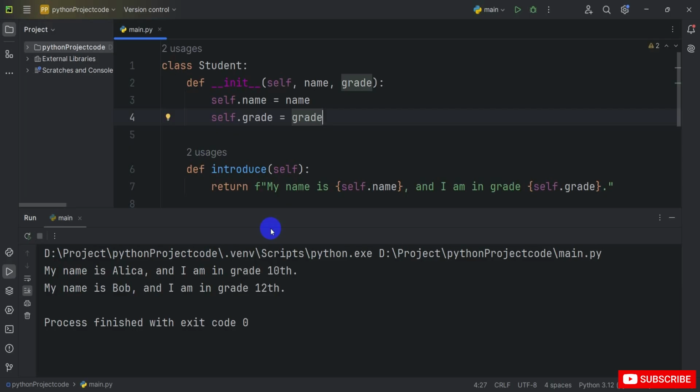You can see here the output shows my name is Alice and I am in grade 10, followed by my name is Bob and I am in grade 12. That means this output is perfectly shown in the console. So I hope you properly understand this tutorial, and here I am completely creating and using the object